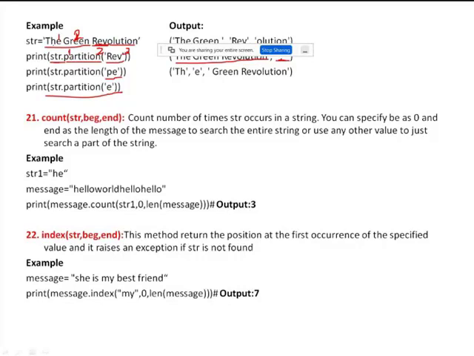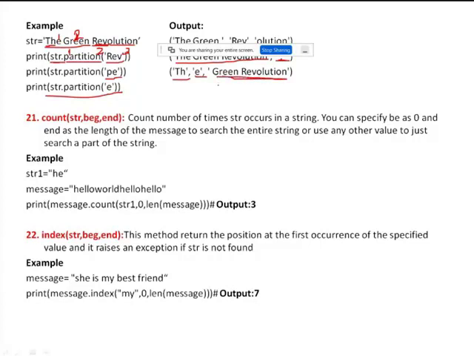So first it will split the entire string into three parts. The first part, before the partition, is "th". So it will return the first part as "th", the partition value itself, "e", and the string after the partition value, that is " green revolution". So these are the three parts.